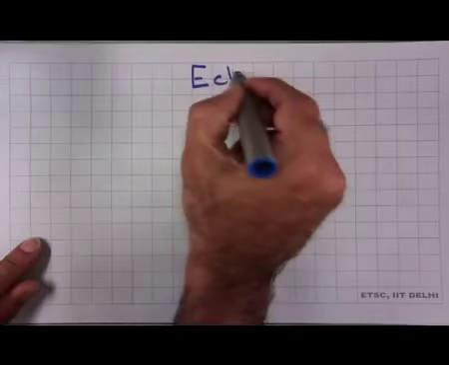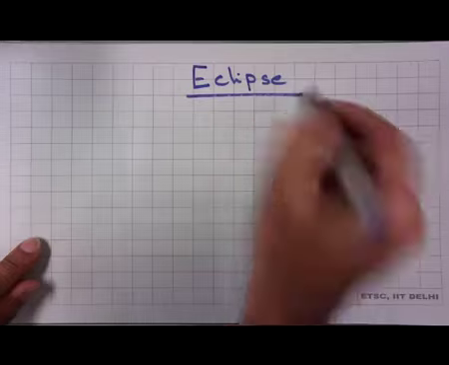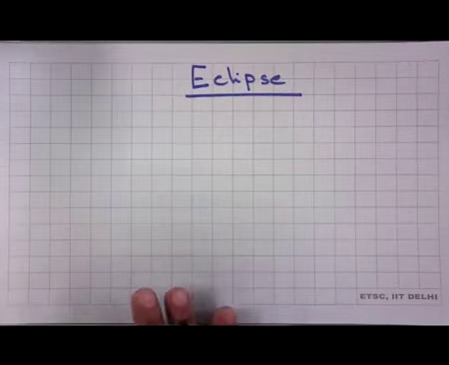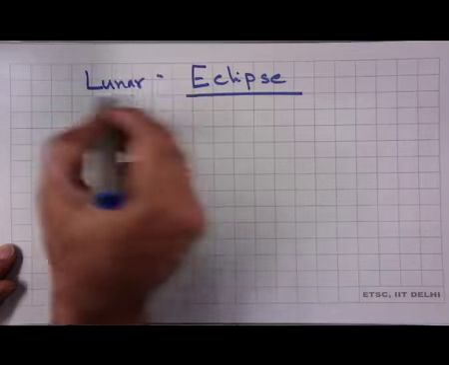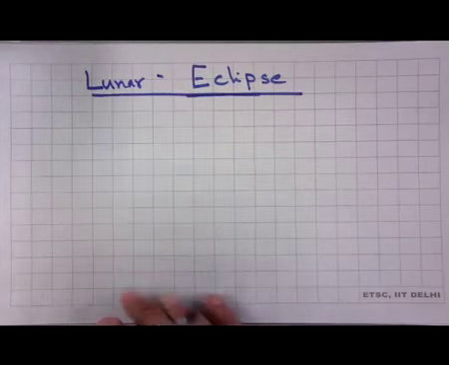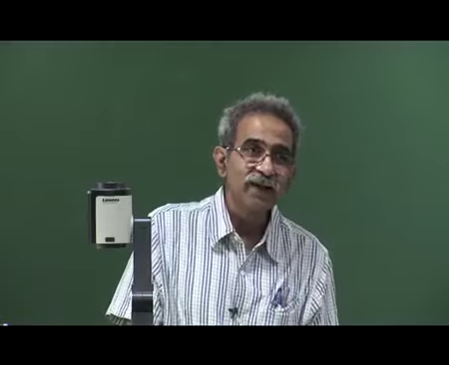So, now I am going to draw another picture, and what I am going to do is to look at the eclipse. There are two eclipses that take place. One is the lunar eclipse, when the Earth comes between the Sun and Moon, and we have the solar eclipse when the Moon comes between the Earth and the Sun. Here we are interested in lunar eclipse. So, all of us know that lunar eclipse takes place on a full moon day, and a solar eclipse takes place on a new moon day, Purnima and Amavasya, that is when it takes place. So now let us ask what happens.